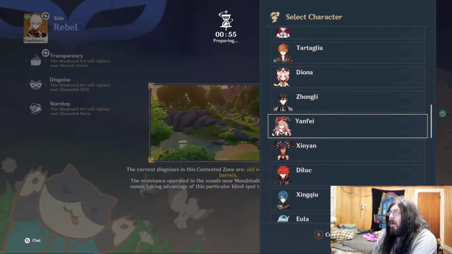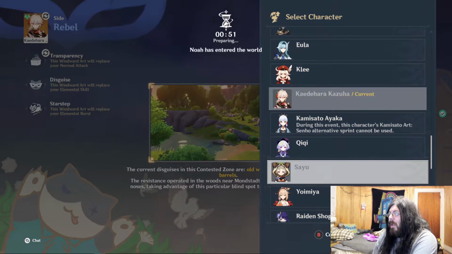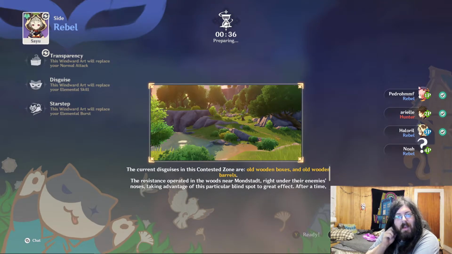Okay, so we are... Let's see. Let's go try to blend in. So let's go with Sayu. Let's try to blend in with our surroundings. Like in one of the other ones, if the color was a lot of red, I switched to Klee. If it was an area that looked more purply blue or whatever, I switched to Fiona or Chi-Chi. And the fact that they're small,